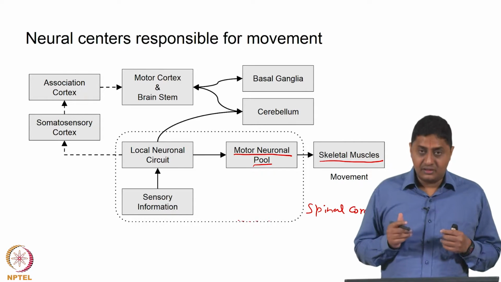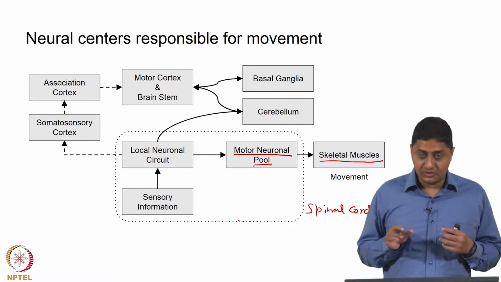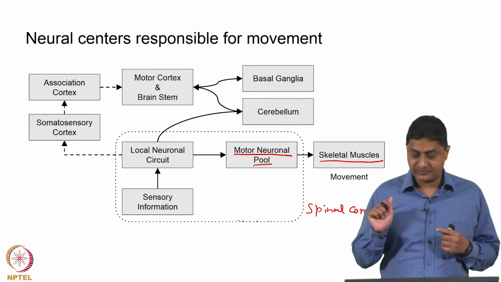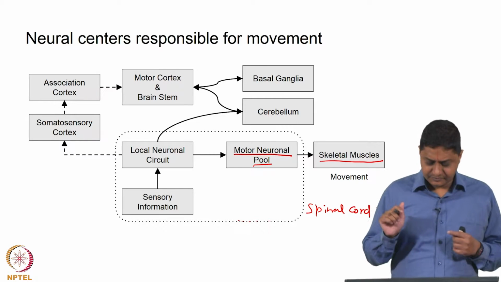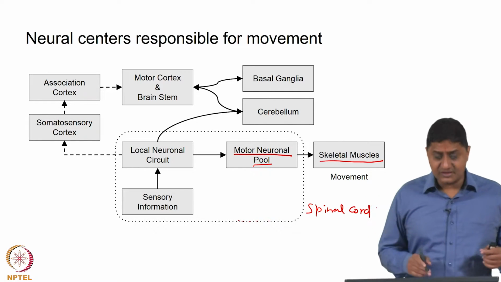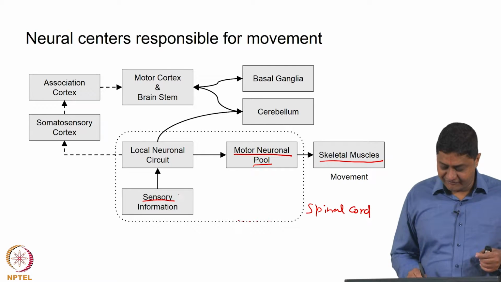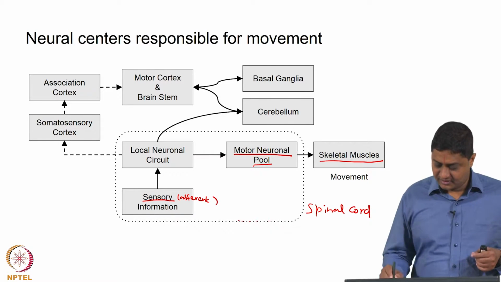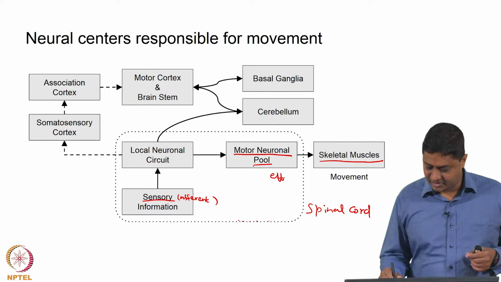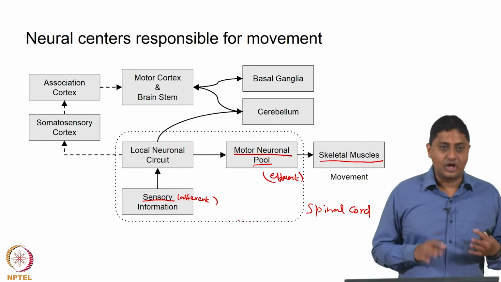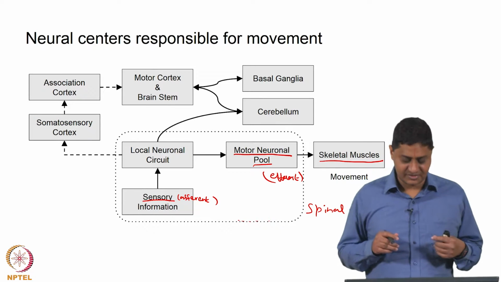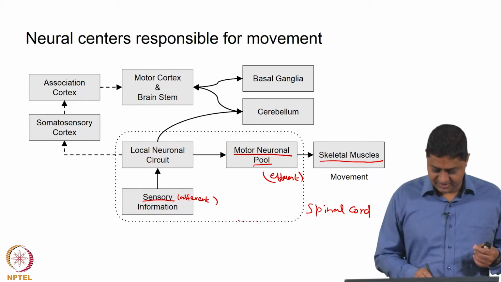and there are local circuit neurons that control the alpha motor neurons, and these local circuit neurons also receive information that is sensory in nature. So, this is afferent information, is it not? And we said this is the efferent information. We said where these are located, the dorsal and the ventral roots per se, and we discussed in the previous